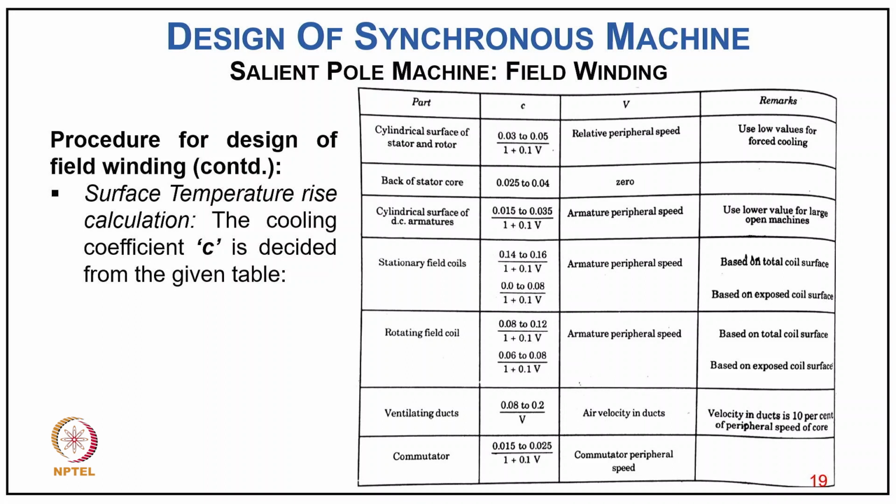If you look at the typical rotating field coils, it varies from 0.08 to 0.12, and typically 0.6 to 0.8 depending on the armature periphery and the total exposed surface. This is the table for cooling coefficient, where V is the